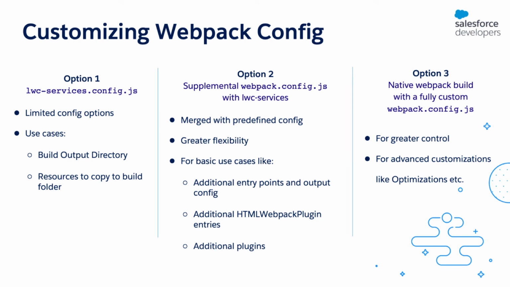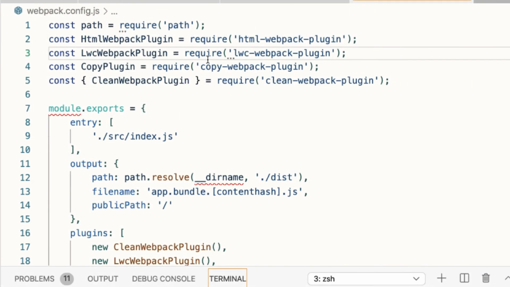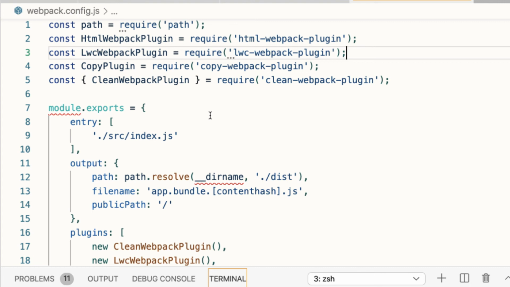Now, this approach of sending in a custom Webpack config file is meant for basic customizations only. For advanced customizations, you'll have to create a Webpack config file from scratch and use the standard Webpack build process instead of the abstracted LWC services build. Here is how a fully custom Webpack config file created from scratch looks like.